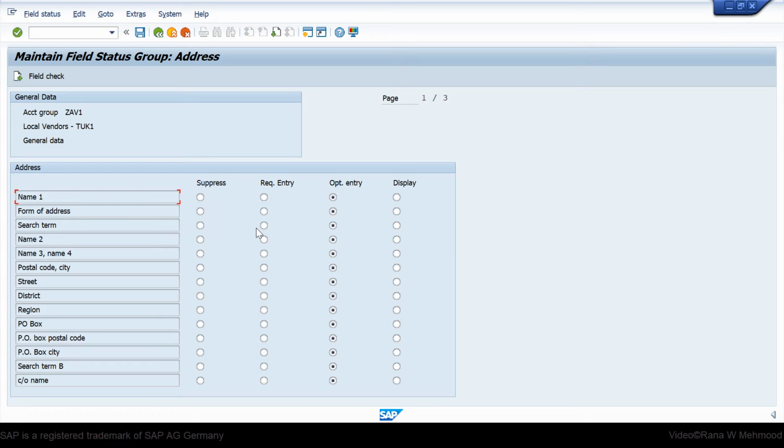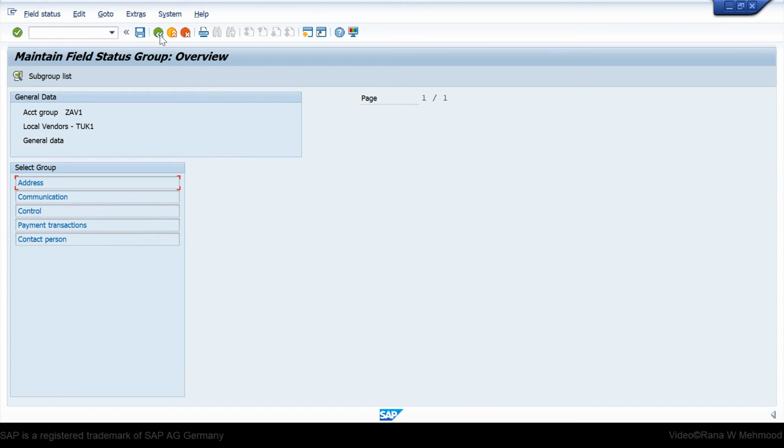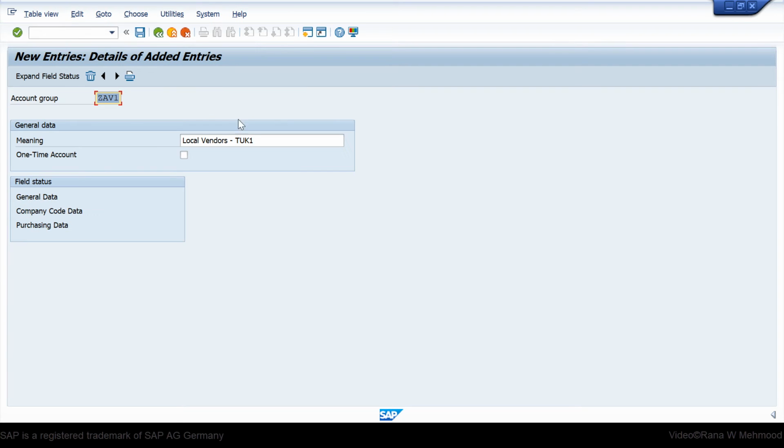So in order to design the screen layout for vendor master, you can choose the options accordingly. For example, the company does not want the user to look at this field, that is form of address. So you can actually suppress it, and this field will be hidden from all the users' view. So that's how you can change the field status through the account group. Go back and go back again and then hit save